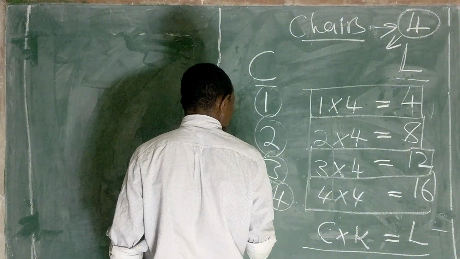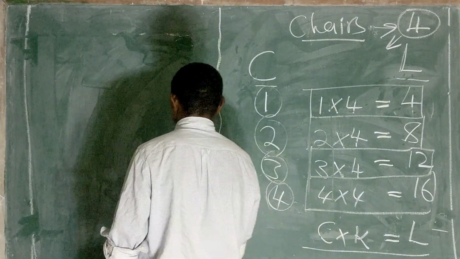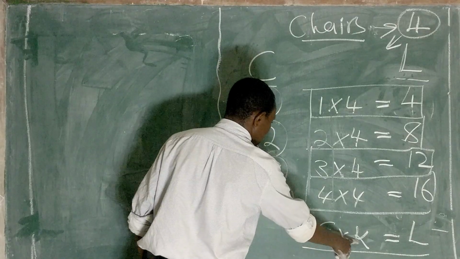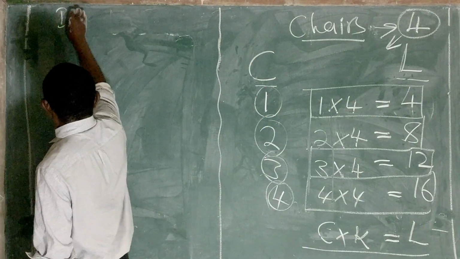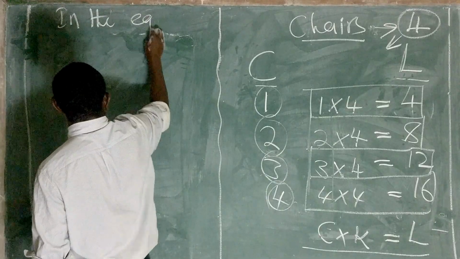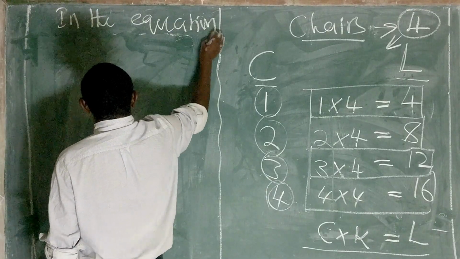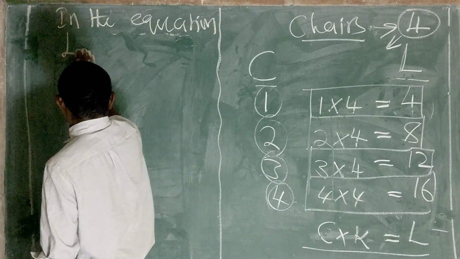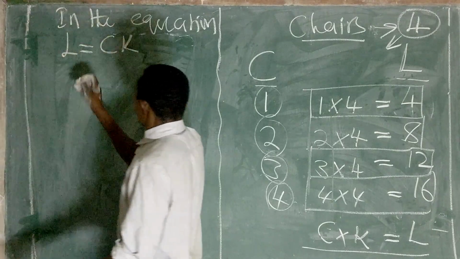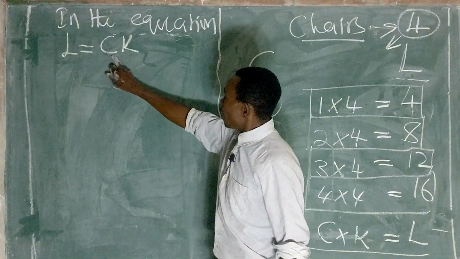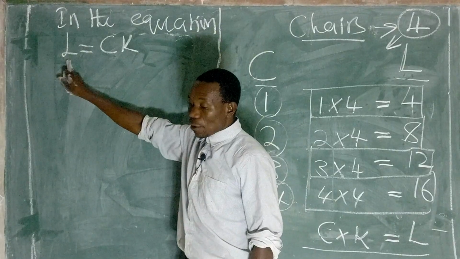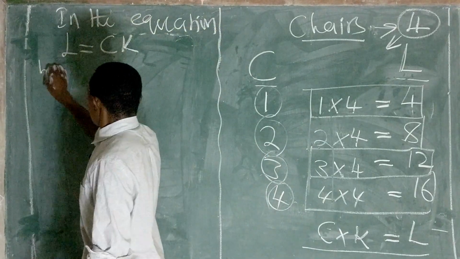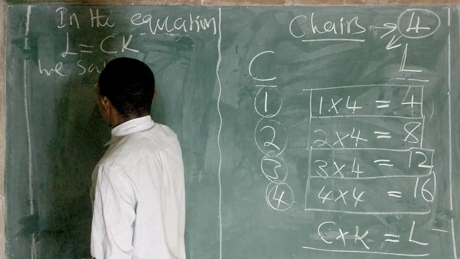In this case, we'll say, if we capitalize that equation, where we've got C times K, giving us CK, we'll have error in the equation. Error is equal to C times K. I've just written it in a different form to say that when the number of chairs is multiplied by the constant, which is K, it gives us error. This is what we say: